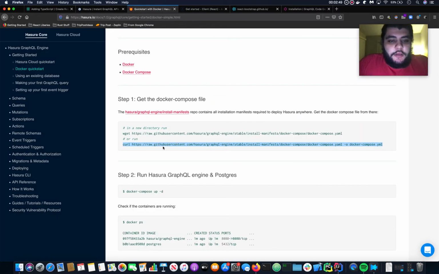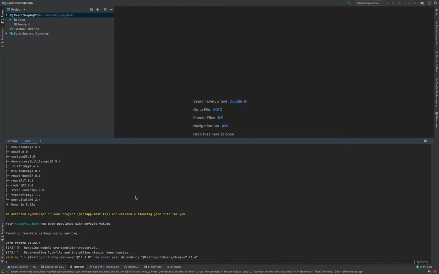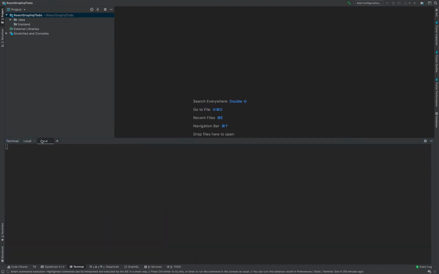So yep, I like Docker. If you like Docker, like me, they have a Docker compose you can use, and basically I'm just going to curl this Docker compose, and we're going to have a Postgres and Hasura instance ready for us to use for our backend development. You can easily do this with Kubernetes, whatever Postgres database you want, and it's really cool, especially using Docker containers, and it's highly scalable as long as your backend scales, right? So while this is cloning, I'll go ahead and create a